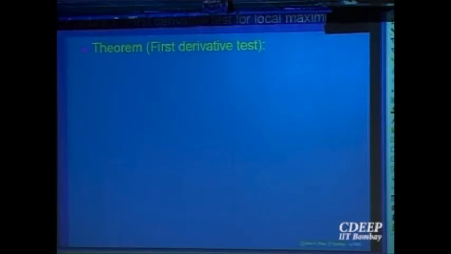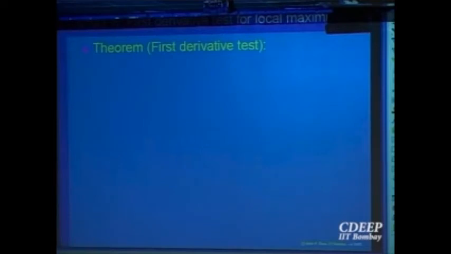Not only do you know that the function is continuous, you know something more: that the function actually is differentiable, and you have more information about the derivative of the function. Just now we proved a theorem that if a function has a derivative on an interval and the derivative is bigger than or equal to 0, then the function is increasing. So we can use that now, coupling it with the previous one. Replacing the condition that the function is increasing on the left and decreasing on the right, we can write that condition in terms of the derivative now.